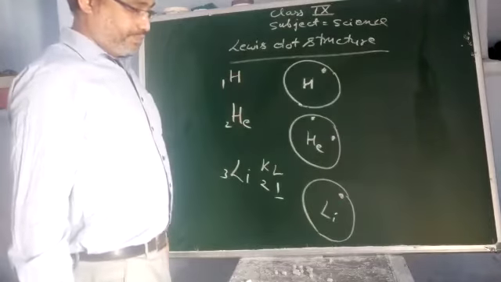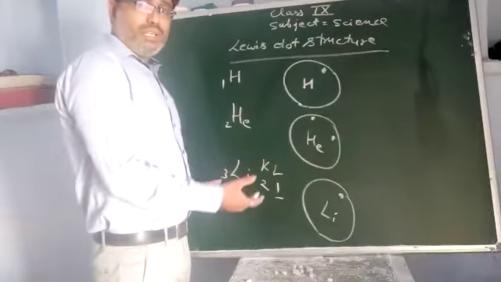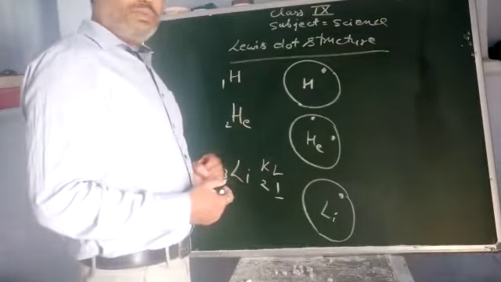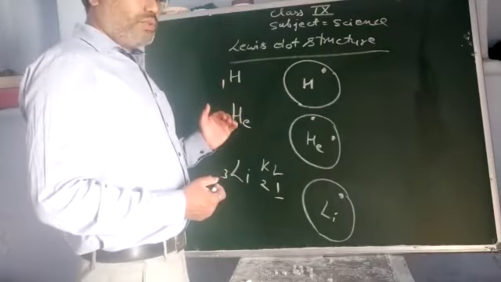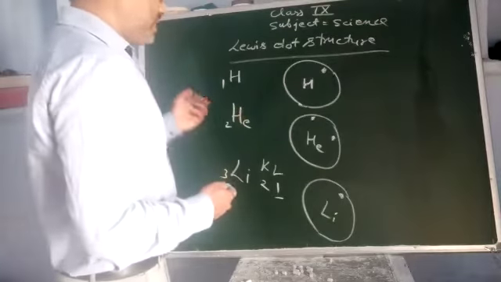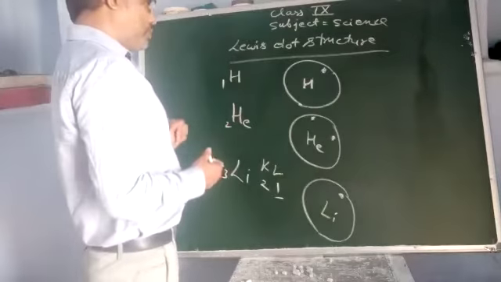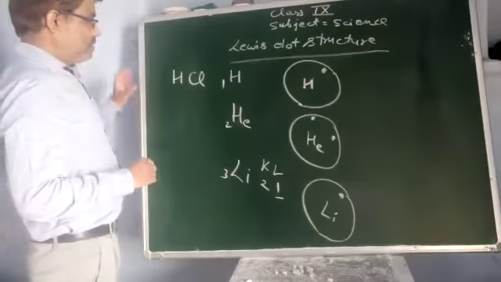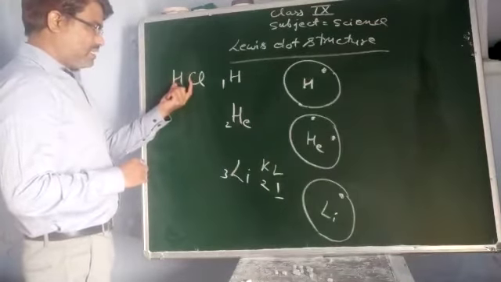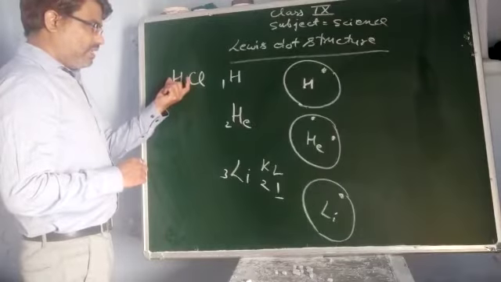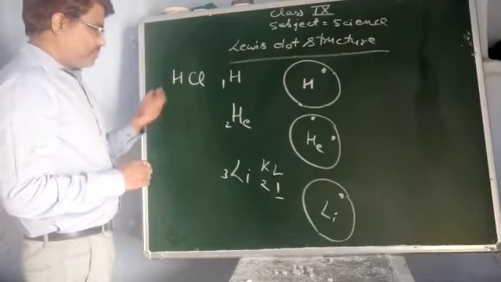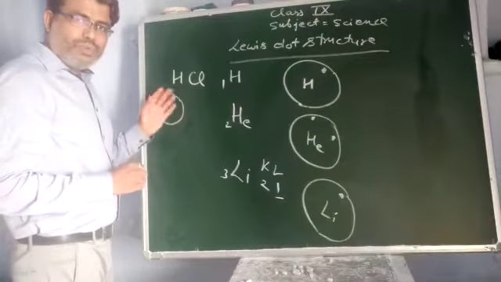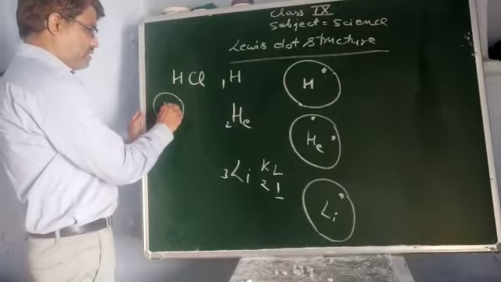Now, these are the atoms only. Suppose we take a molecule. If we want to draw the Lewis dot structure of a molecule, we can draw it easily. Suppose we take one example. We want to draw the Lewis dot structure of HCl. Okay, hydrogen chloride. So actually these are 2 atoms which combine to form the HCl molecule. So first we draw the Lewis dot structure of these 2 atoms separately, the hydrogen, and for chlorine,